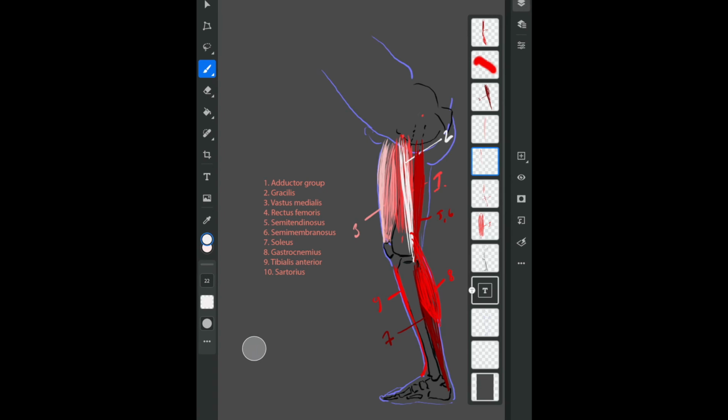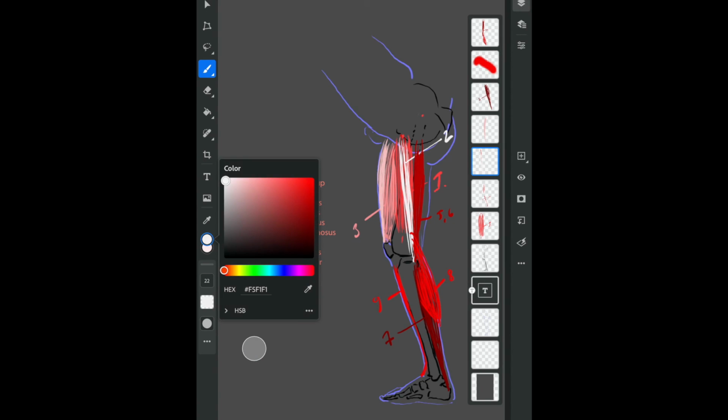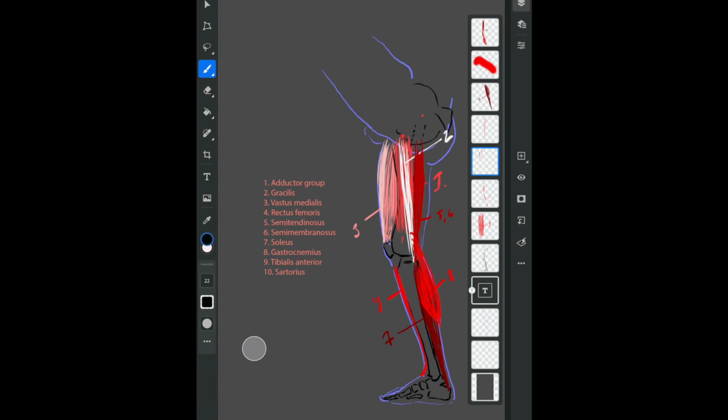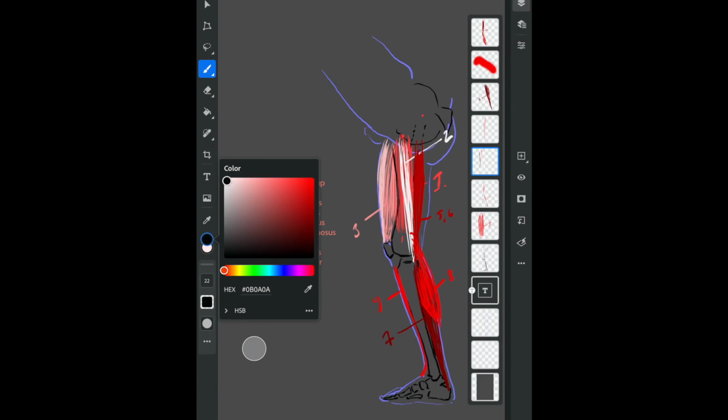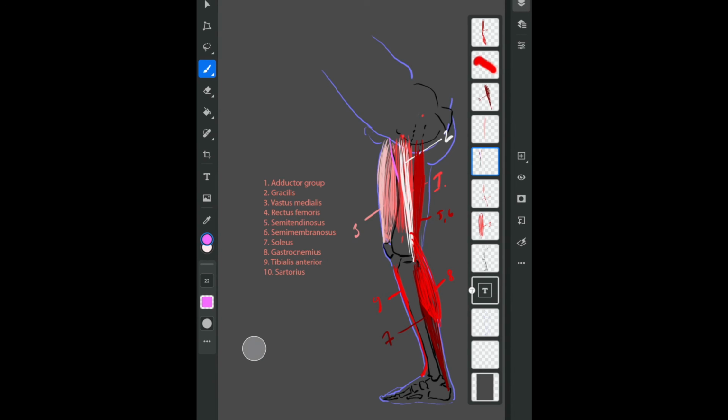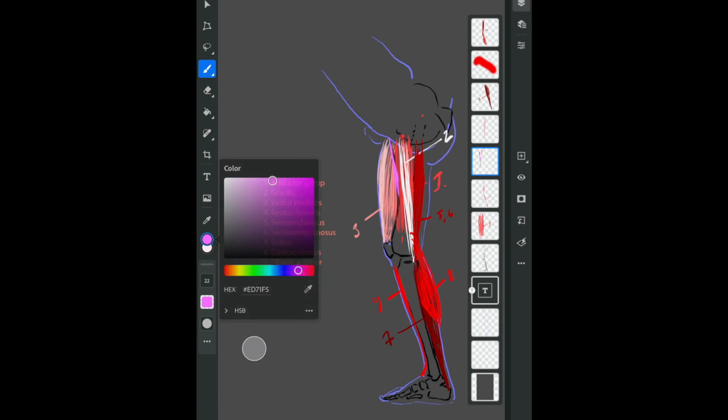So what should we do? Let's stay with that same color. So sartorius starts at the iliac crest, the tip of the iliac crest, and divides our 2 main muscle groups, our quadriceps here and our adductor group. So our sartorius is going to run, let's change colors entirely. Let's do this. It's going to run in between